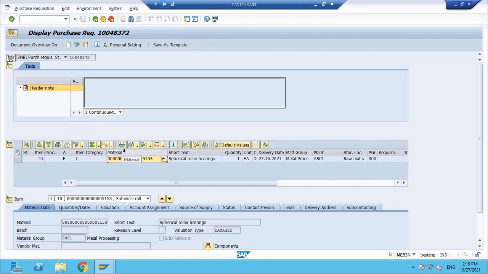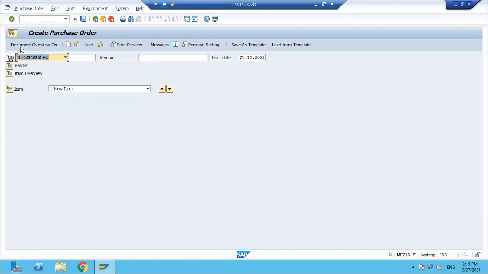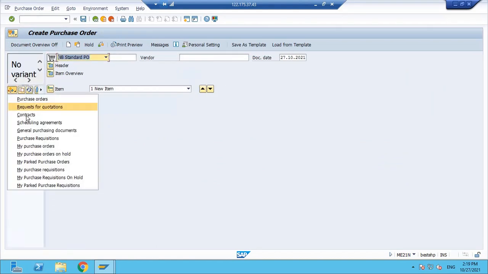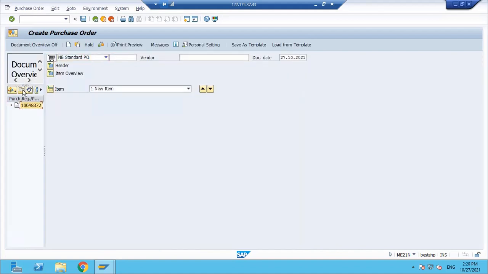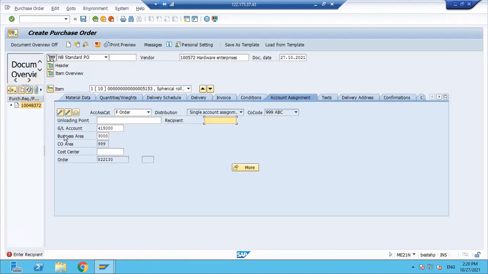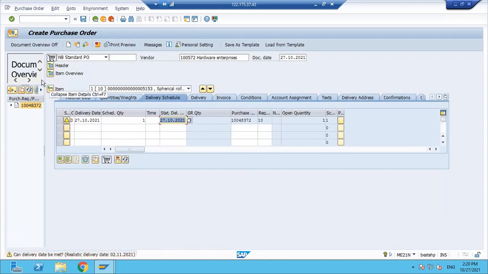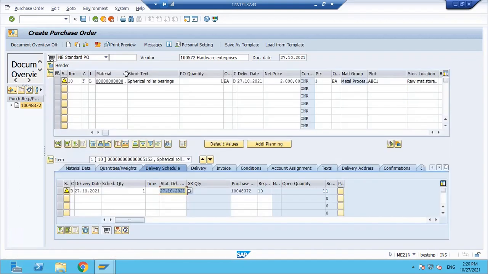Now we are going to create a purchase order for this purchase requisition. So ME21N, purchase requisitions, enter, select this, enter the recipient, meaning the user ID, enter this, item overview, yes.